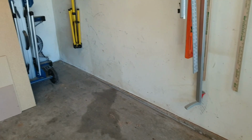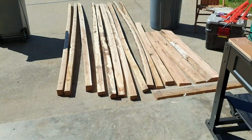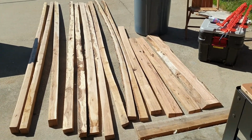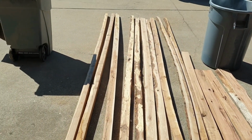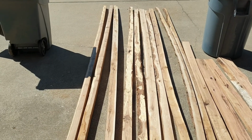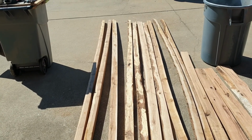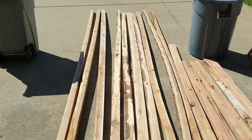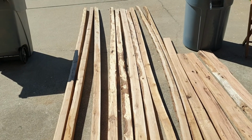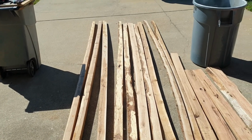Alright, well, at least I've got 18 to 20 inches of my garage floor back out here in the middle. Now I've got all that moved out into the driveway. As you can see, my yield wasn't near what I wanted it to be. I wasn't clear enough on the cuts. I had the logs out, and I said I need a 2x4 board out of that one, I need a 2x4 board out of that one, I need a 2x3 out of this one, 2x3 out of this one. Well, my sawyer was more trying to get wood out of the logs and give me the boards that I want. So I got more boards out of it, but they're not quite wide enough, and some of them got the bark in it. But anyway,